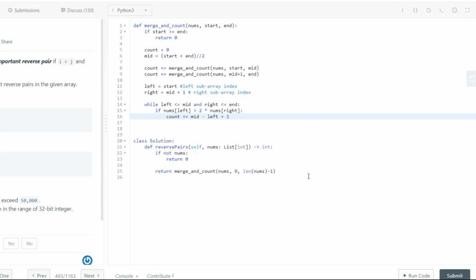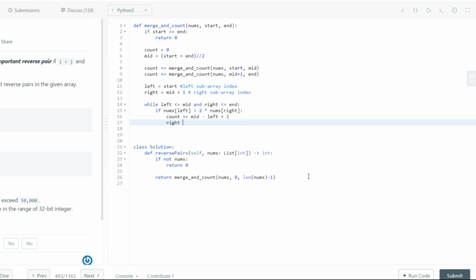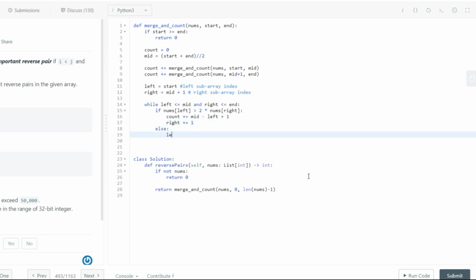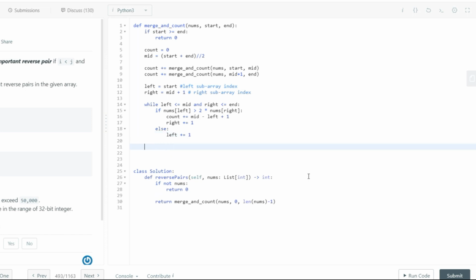And now all we have to do is increase our right pointer, so we'll just do right plus equal to 1, and if there is not a match, we'll just increment the left index. And that's basically the entire operation that you want to formulate in order to count the number of inversions. Now, what most blogs or websites would tell you to do in order to solve